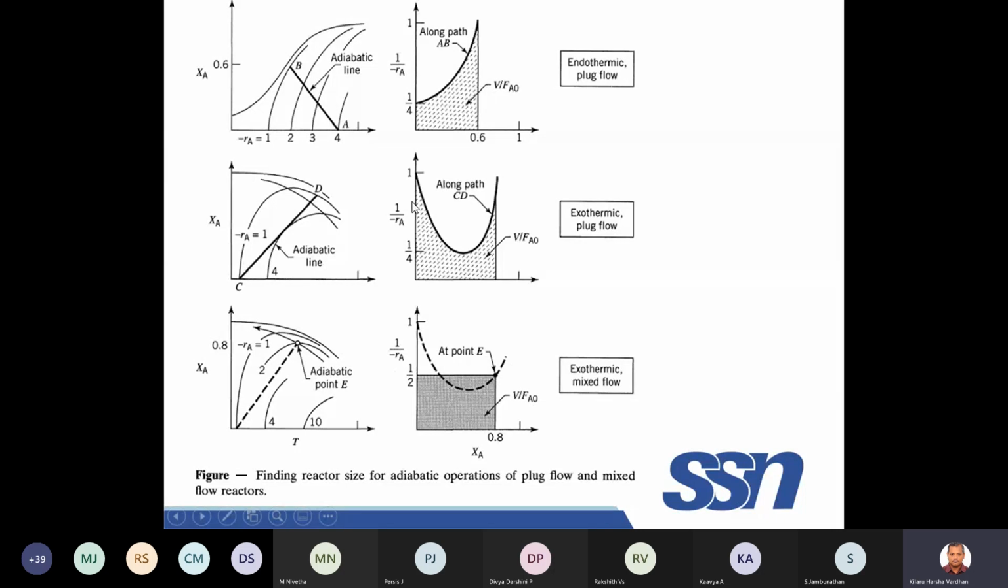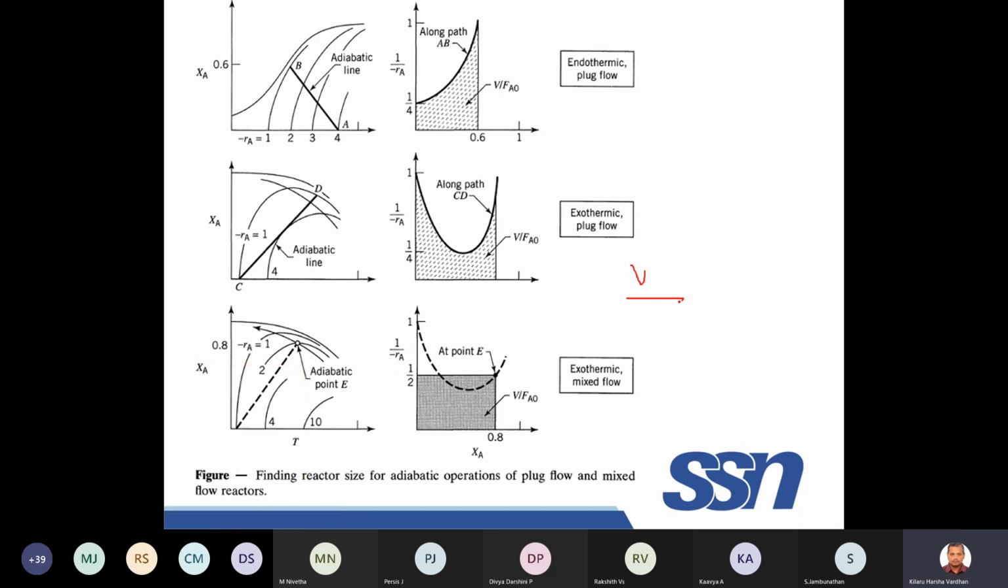Whereas in PFR, it gradually changes. Gradual changes in the sense you have to take the area under the curve, because there will be an integral sign there. Okay. Because 1 by RA, minus 1 by RA versus XA, why do you have to take this rectangle? Can anyone tell? Because your expression for